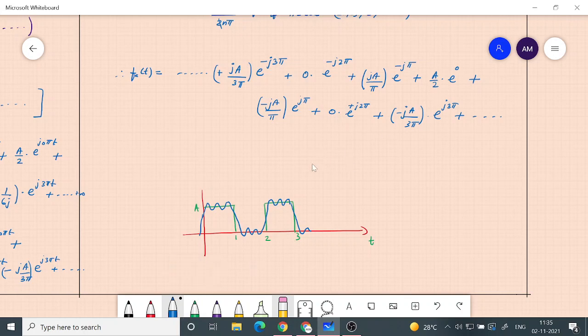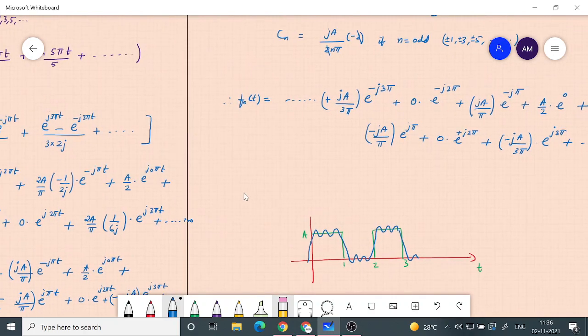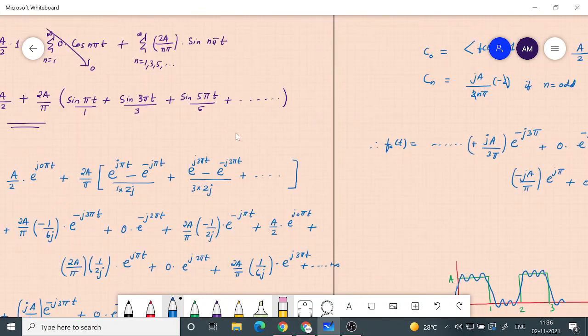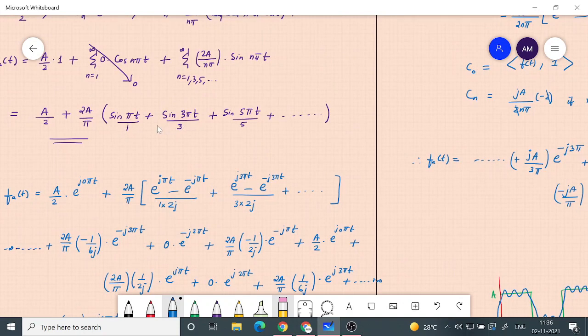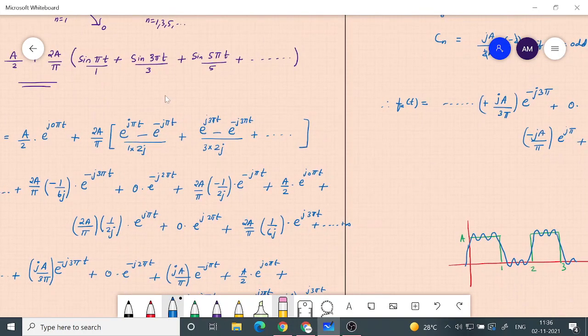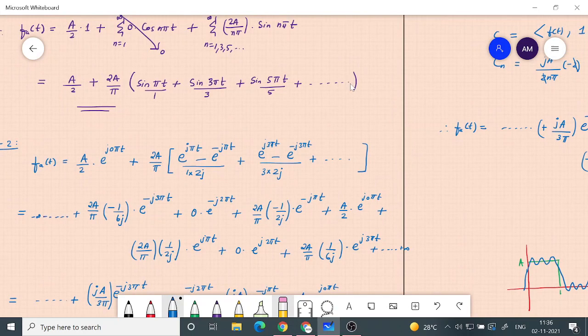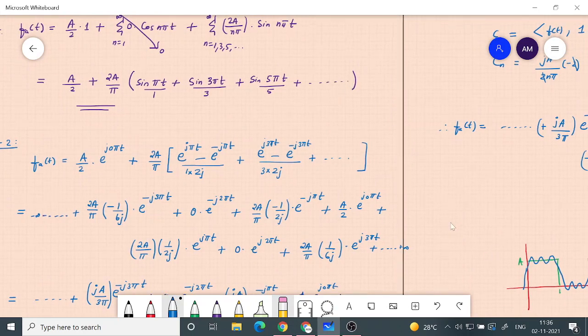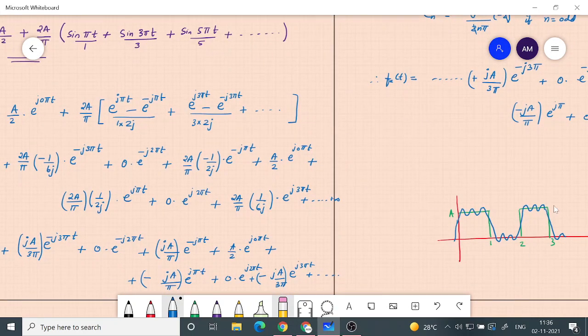The same is the case with the exponential series also. If you do all this summing up, it will become more and more exact as you take more and more terms. Here it's basically an infinite series, right? There are an infinite number of odd terms. But in a computer we can only do it with a finite number of terms. If you take like 3-4 terms, you will get something like this. But as you increase the number of terms in this bracket, it will begin to look more and more like the actual original function.